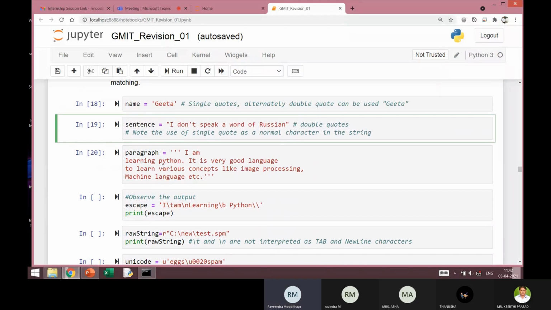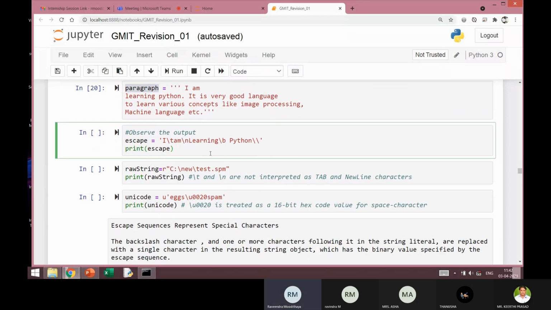If your string is going to span multiple lines, I can define it with triple quotes. It's the same quote you used in the first cell, but I'll be typing it 3 times. Once I write this triple quote, it opens up a multi-line string, and I can close it by writing triple quotes once again. I just call this variable name paragraph.